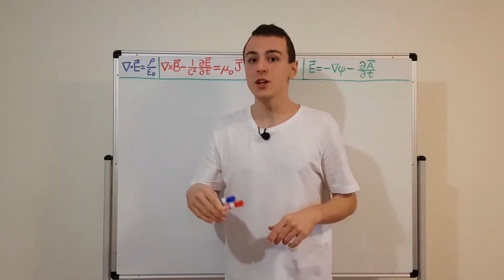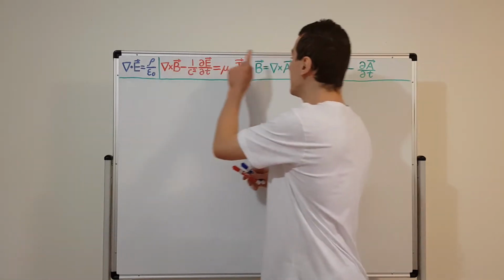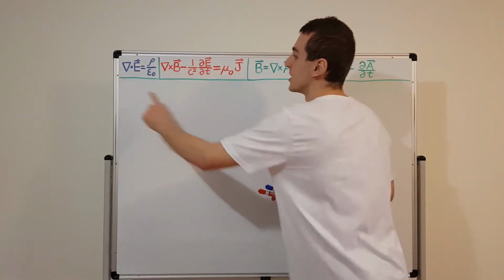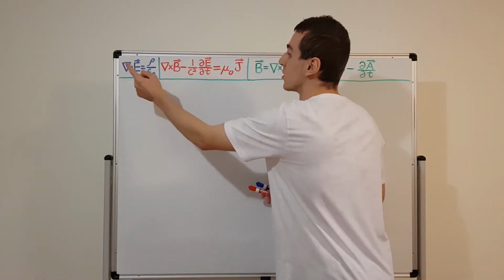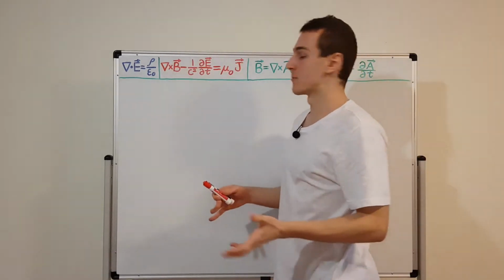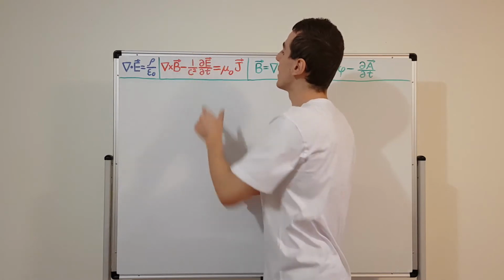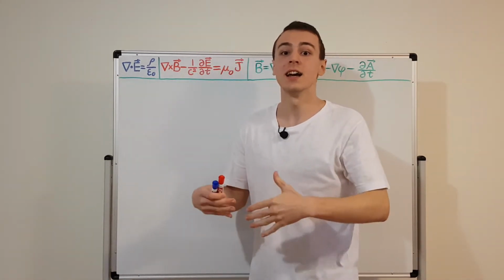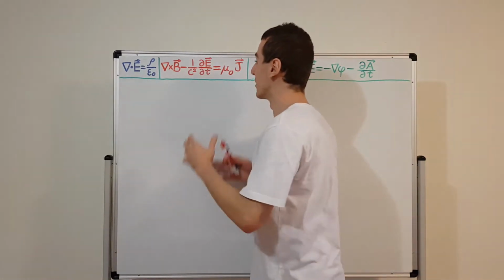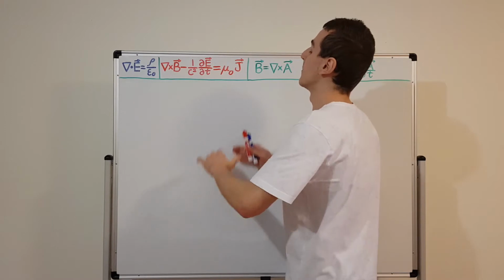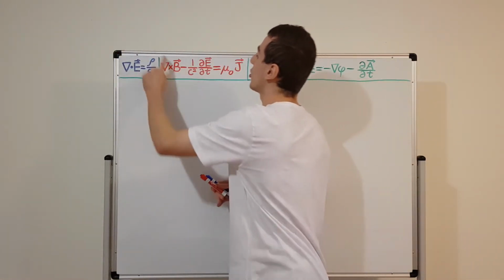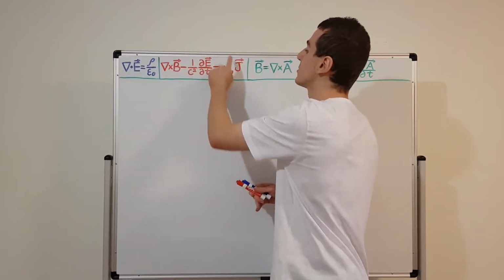So what we're going to be doing in this video is substituting these definitions for the magnetic and electric field into these two equations. This first one is commonly called Gauss's law for electric fields, and this is Ampere's law with Maxwell's modification. This term over here is sometimes known as the displacement current, and it was added by Maxwell. So Ampere noticed the original law, and then Maxwell modified it and made it more complete. So this is a more complicated Maxwell equation. We're going to be starting with this one,